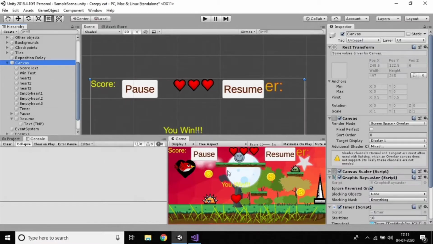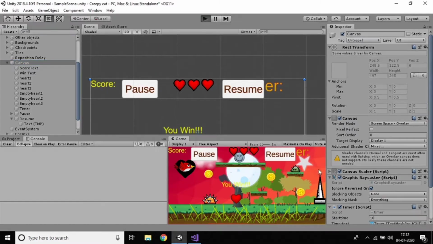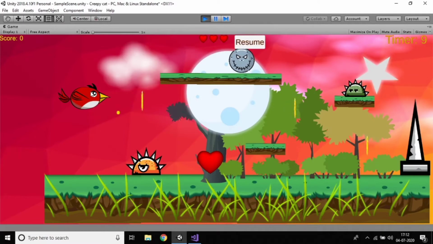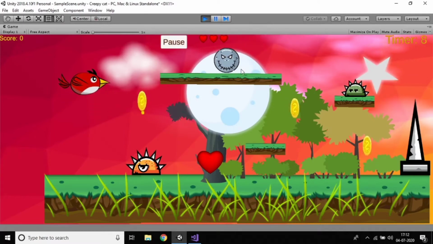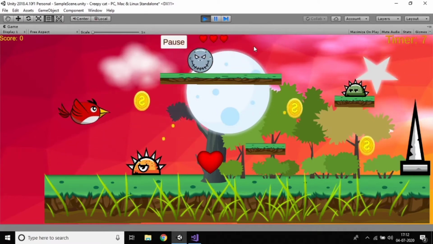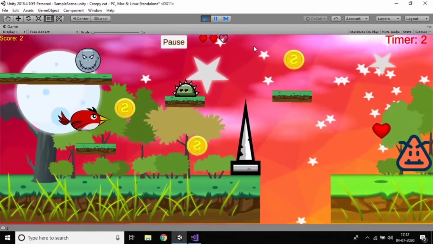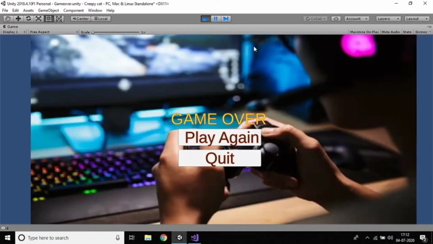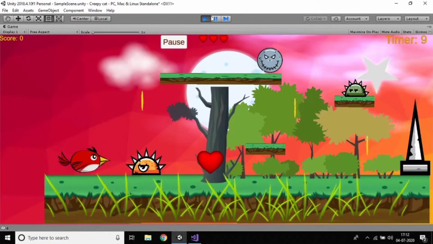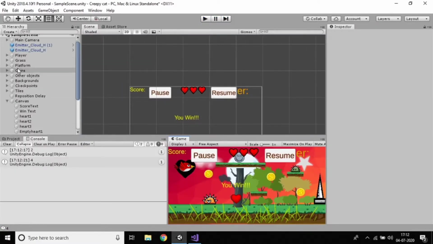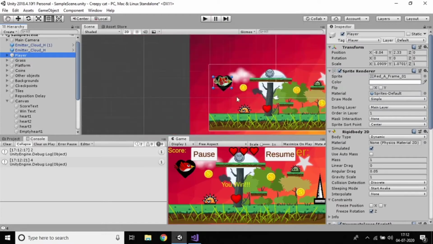In the previous tutorial we worked with pause and resume buttons. I'll give an overview of what we have done before. If you haven't seen the previous tutorials, the links are available in the description. We also added the timer and the scenes. So yes, of course, it's a playable game. We've done everything. Now in this tutorial, we'll go to the player, and you can see that.